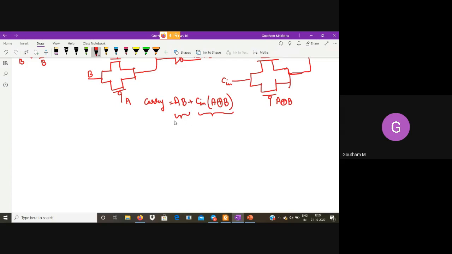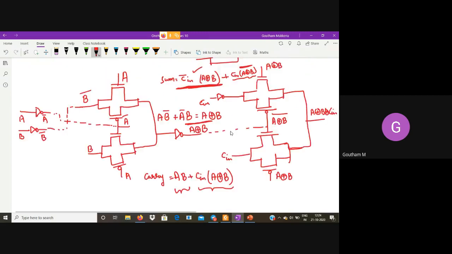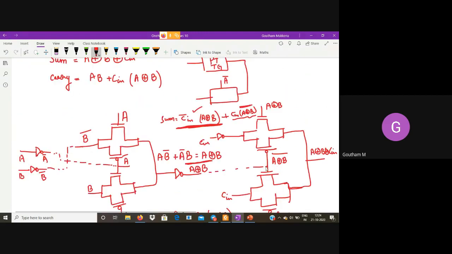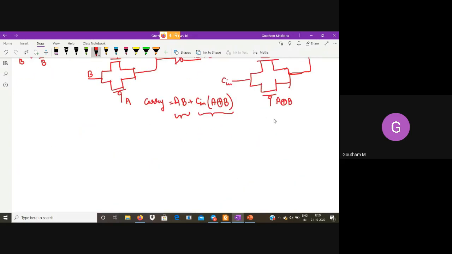But I won't go beyond the rules. The rules state that the top transmission gate and the bottom transmission gate should get complementary signals. While following the rules itself, I'll try to implement this. So follow carefully.